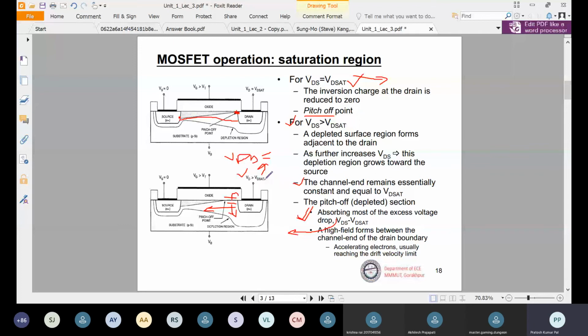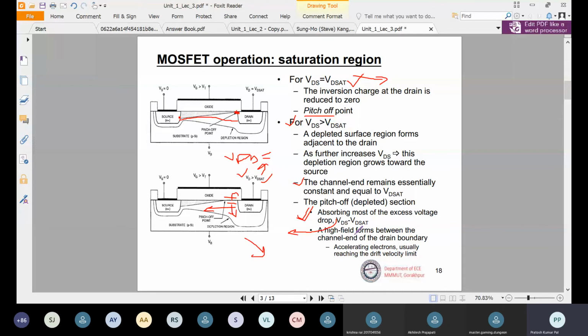Okay, VD set के बाद जो हमने extra VDS लगाया है that will be appearing across this depleted channel region. Okay, जो भी depleted channel हुआ है यहाँ पे उसके across में वो voltage generate हो जाएगा। अगर अभी confusion है तो हम बाद में उसको देखेंगे, ठीक है, प्रैक्टिकली समय में अच्छे से क्लियर हो जाएगा।